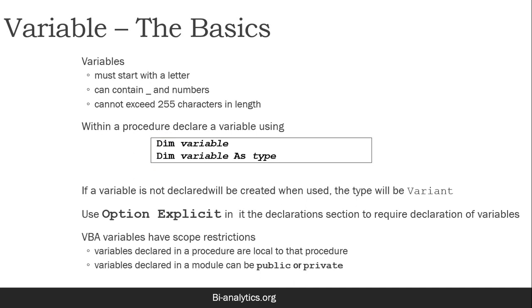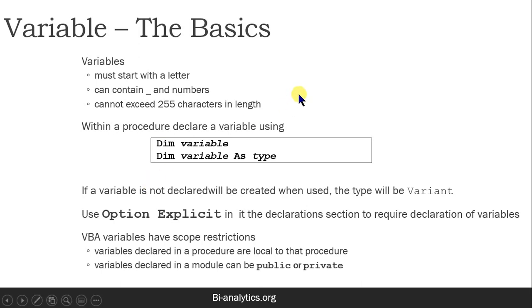Now there are some basic rules for variables. A variable must start with a letter. Like a variable can be A1, A2, A3, but it cannot be 3A. It should always start with a letter. It can contain an underscore, like text_rate. It cannot exceed 255 characters in length. It means the length of the variable name, like total, whose length is 5. So you cannot have more than 255 characters in a name. Generally we don't need that, but still there is a convention.